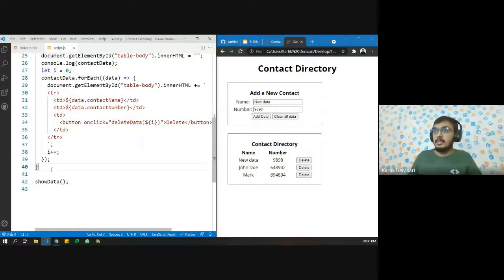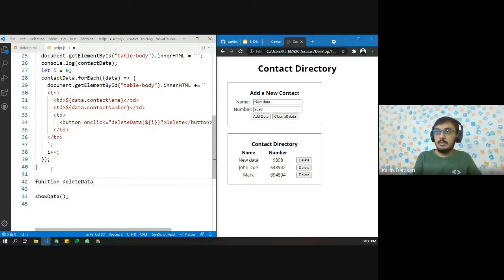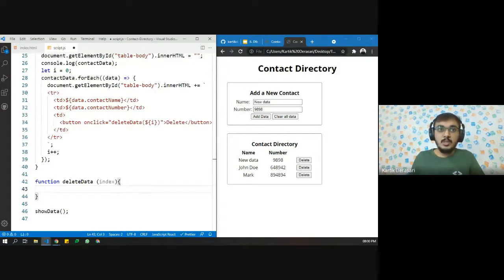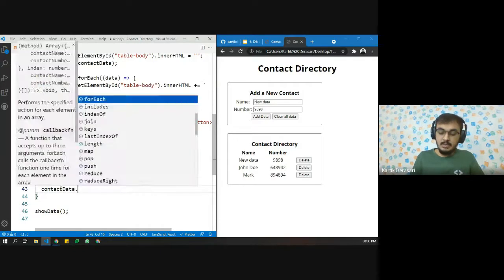So let us create the delete data function. Let's say function deleteData. This is a parameterized function, and we want to delete the data. Now we are going to learn a new method of array, which is called splice. So let us define the array, and we want to splice.